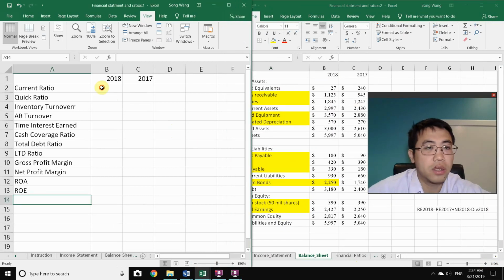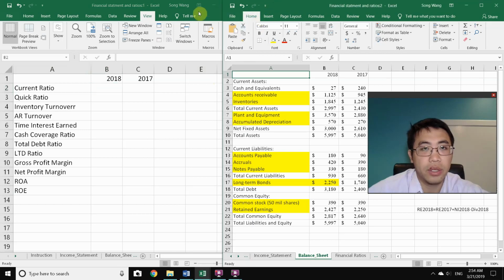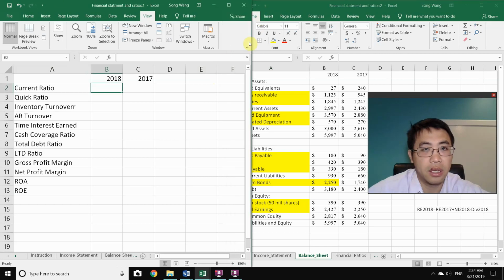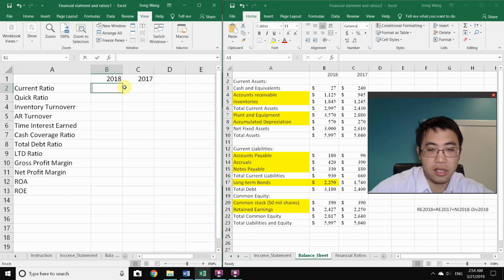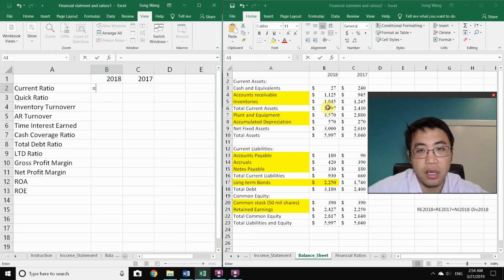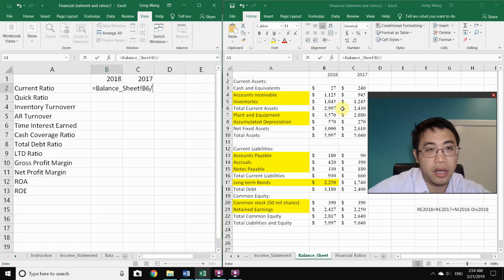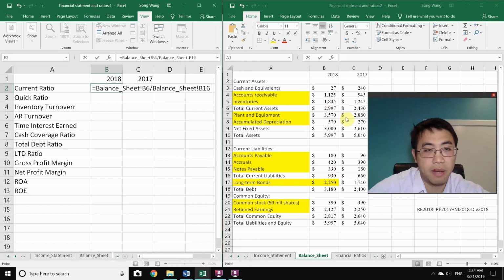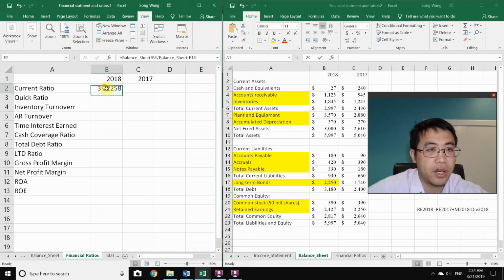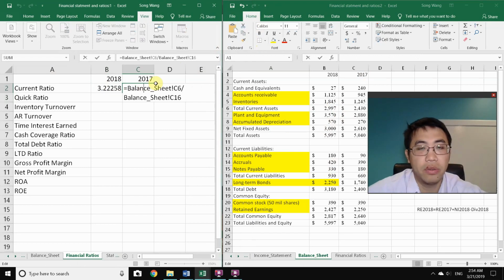Now, let's do the current ratio. My current ratio basically is my current assets, right here, divided by current liabilities. It's right here. Current assets divided by current liabilities. That's it. And then I can just drag it all the way to replicate the same ratio for the other